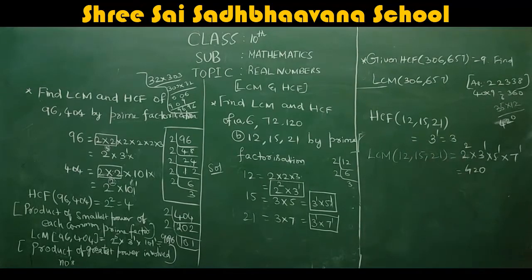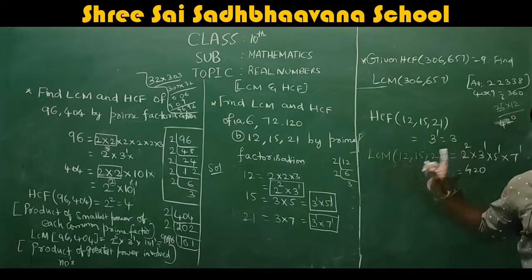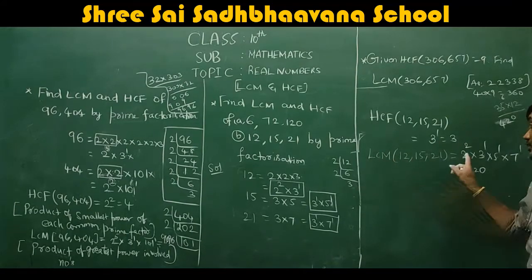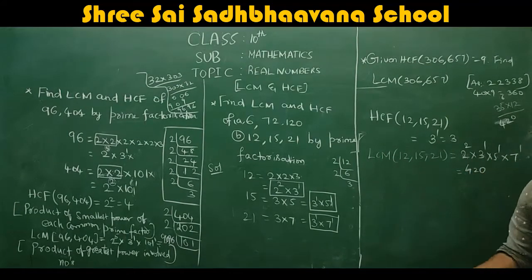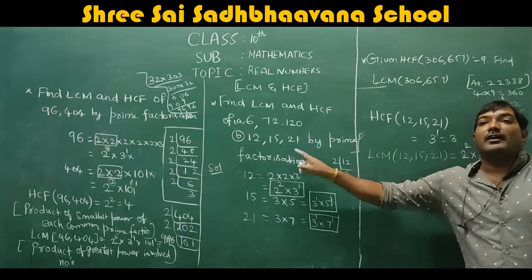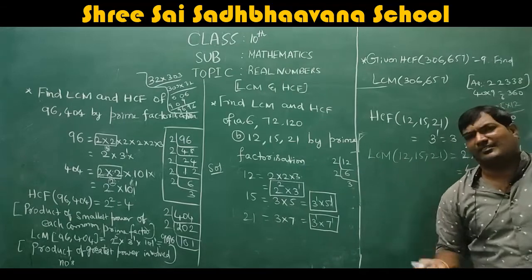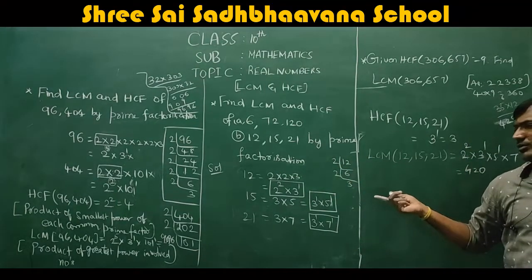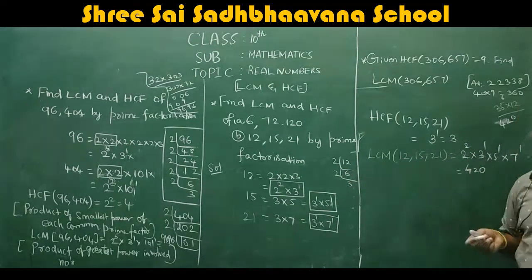How to find LCM? For LCM, first write the numbers without repeating. How many numbers are there here? 2, 3, 5, 7. Don't leave any number. Remember, you cannot leave any number. Don't write only 2, 3, 7. Some people will leave 5 because it is not there in all, but that is only for HCF. For LCM, all the numbers at least one time you have to write. It's very simple. So write 2 into 3 into 5 into 7.